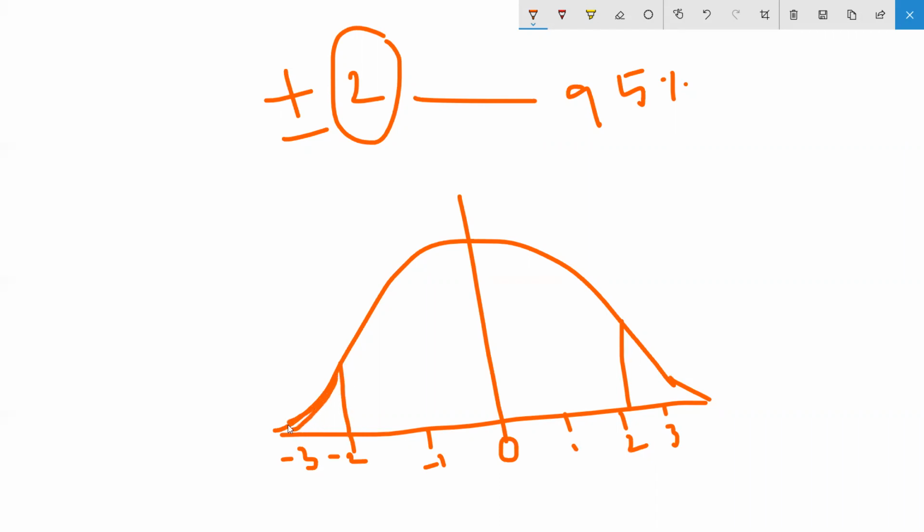This is the rejecting area basically. This is also an outlier. With which percentage? 95. What is the value? Plus or minus 2. So why we are considering this plus or minus 2 means it's a standard rule. I will explain why it is the standard rule.